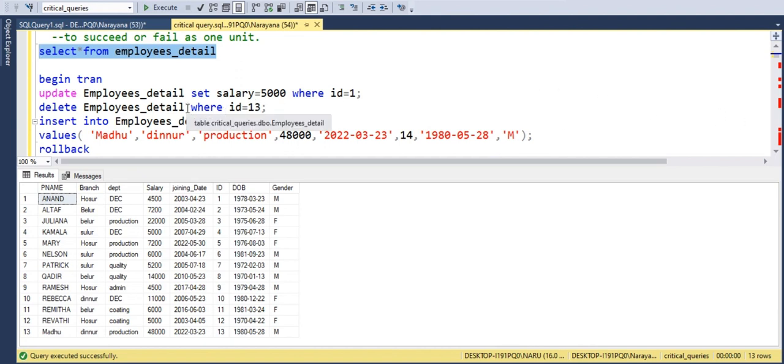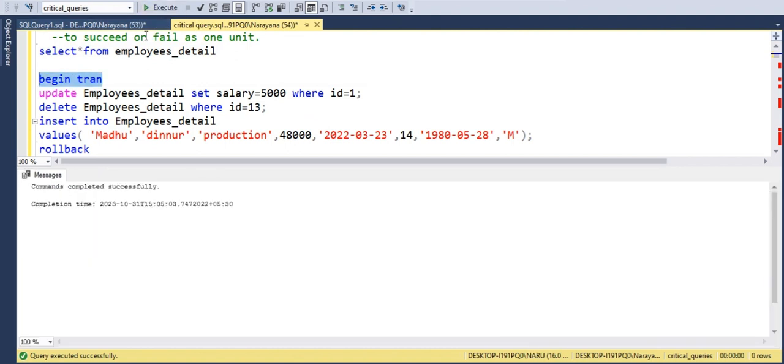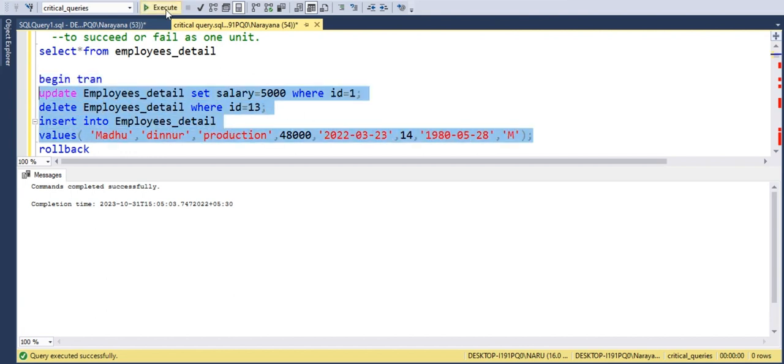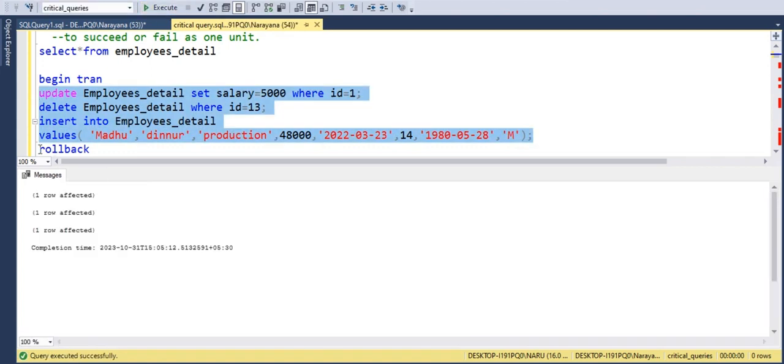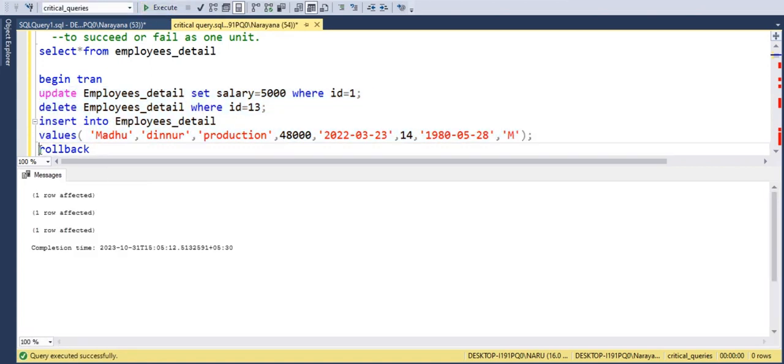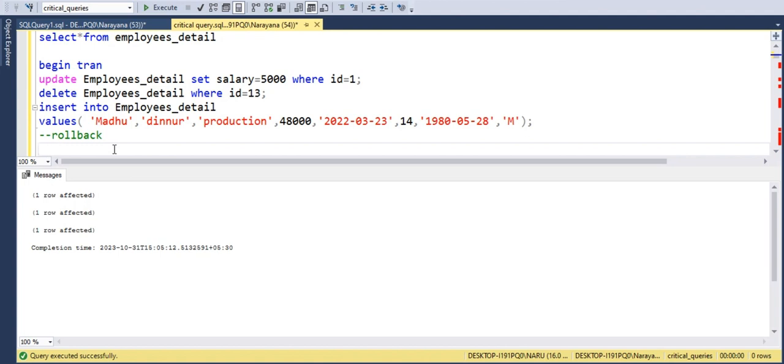Once we begin the transaction, only one rollback or commit is possible. So again we have to begin the transaction, and we have to execute all this syntax. Make rollback inactive. Type commit. Once we execute commit,